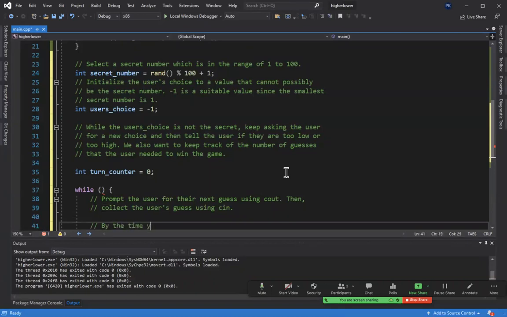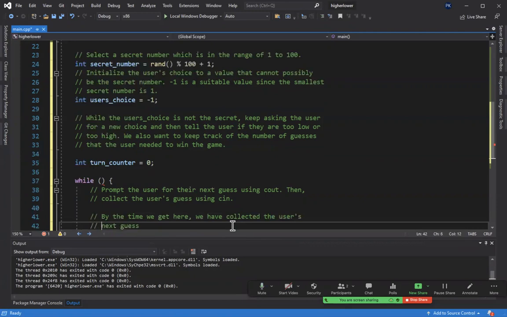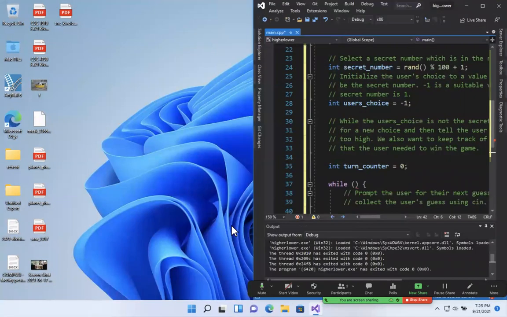By the time we get here, we have collected the user's next guess. And for making it pretty, I'll